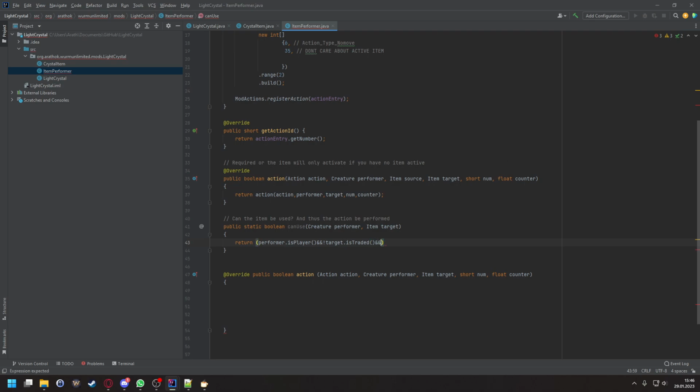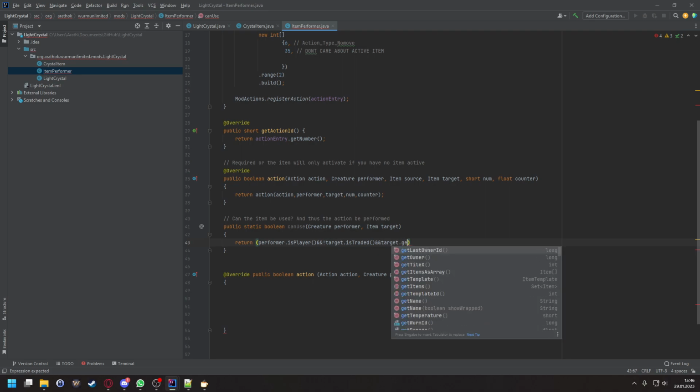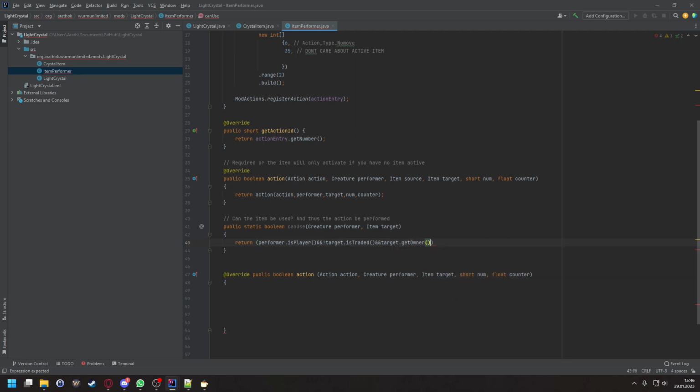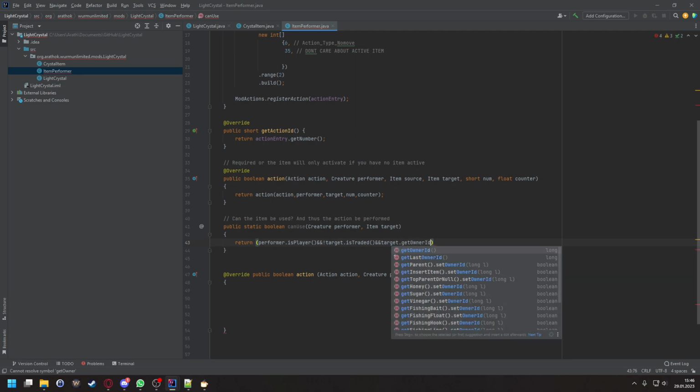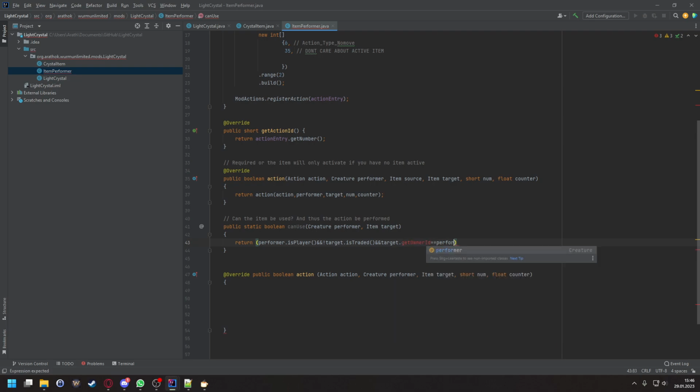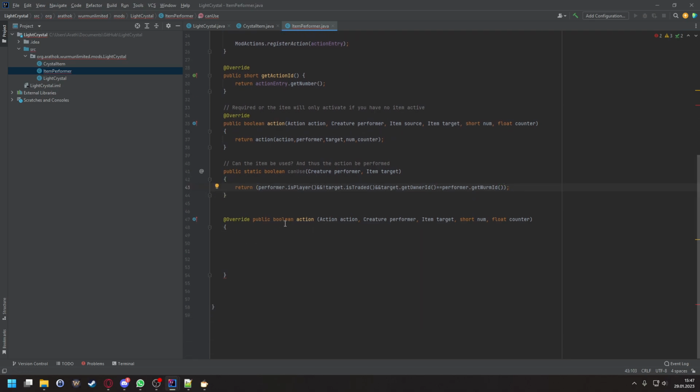And also I want to check if target.getOwnerId equals performer.getWurmId. So you can only use it when you own the item. I think that would make sense, right? Okay. And now we say here in our action,